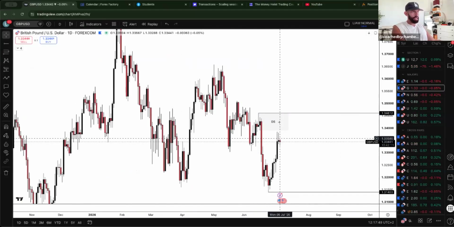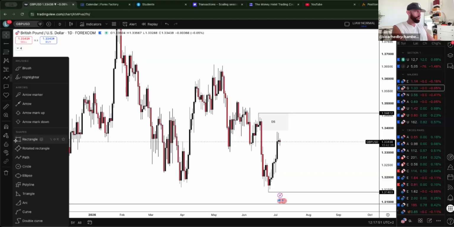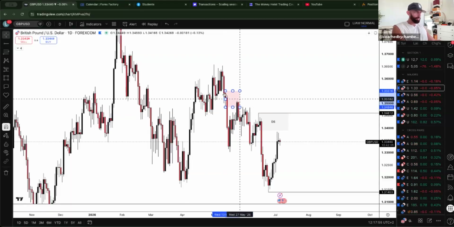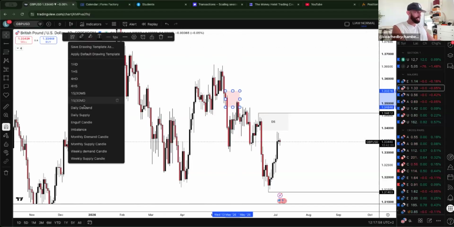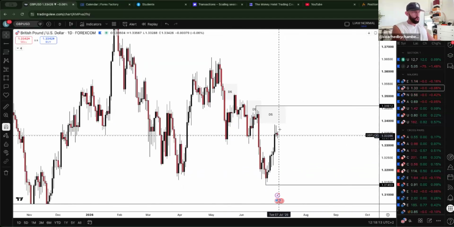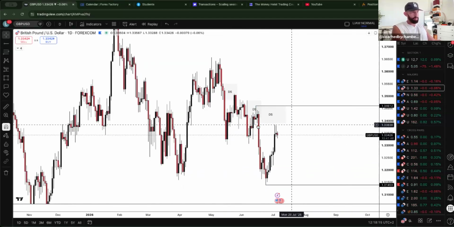Ideally, I do like to see them supply areas met. Like if you look at this scenario that we had here, market dipped into that daily supply area, as you can see, and it's the same scenario here. Market dipped into it. We didn't just tap into some of the imbalance. We obviously came deep into them supply areas as well as the imbalance. So ideally, we could still go bullish into this day's supply because of the imbalance that we have left.